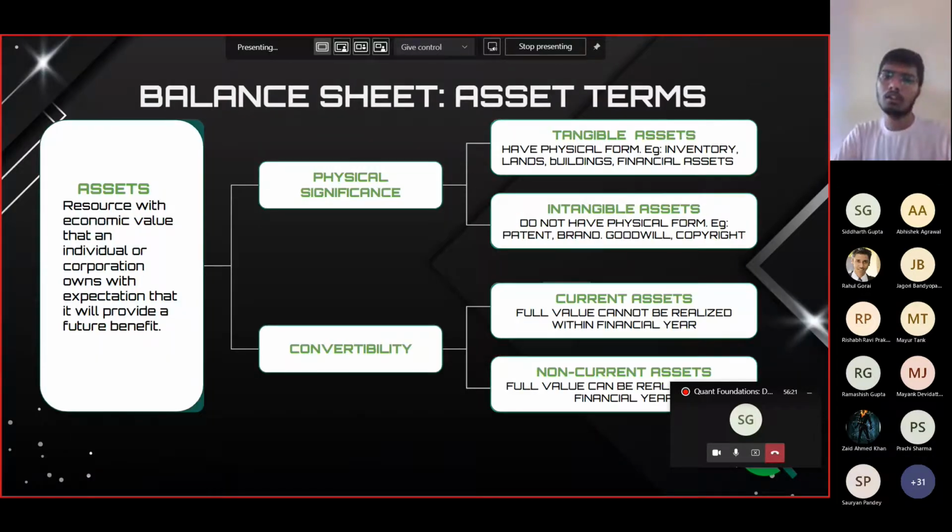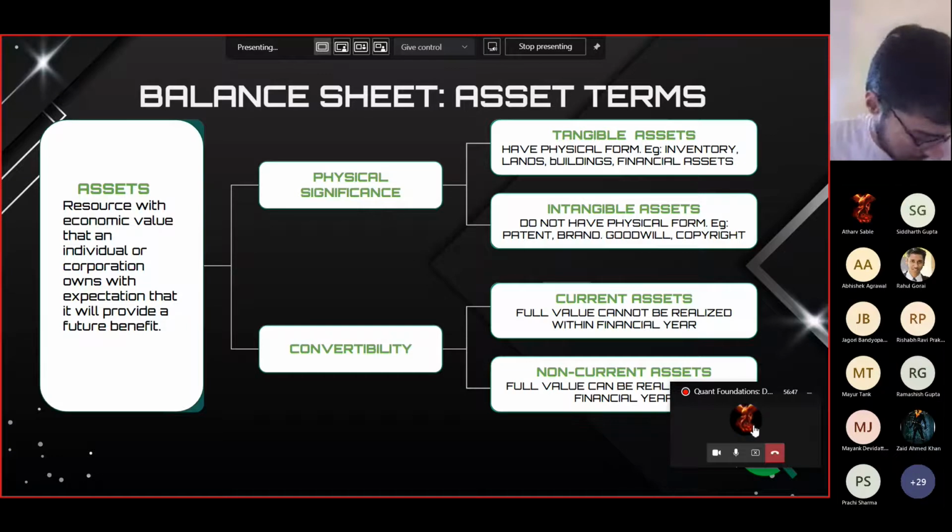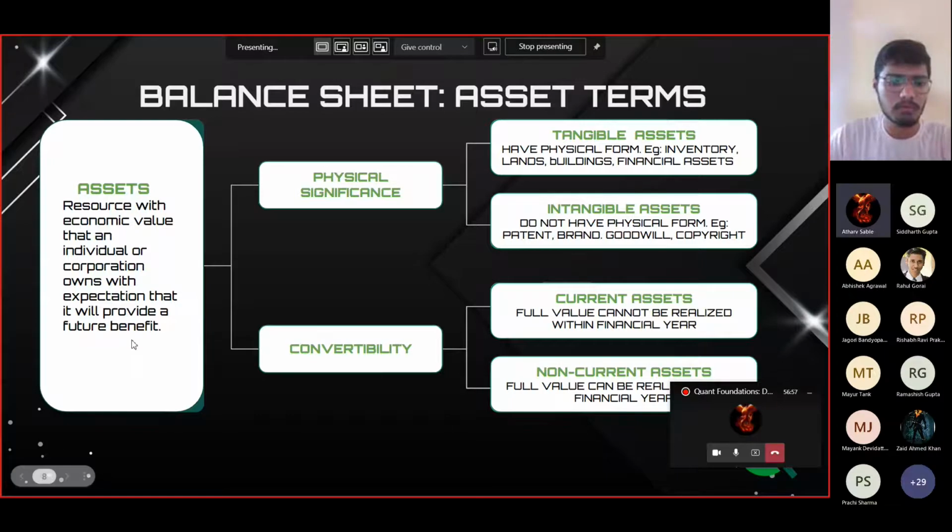Who is the auditor actually? The auditor might be some CA, chartered accountant, or accounting people. I guess they might be people from SEBI, maybe. Most probably they are people from SEBI and CAs. Is it a team or a single person who makes this report? It should be a team actually. It's not possible for one person, right? Yeah, it's a lot.